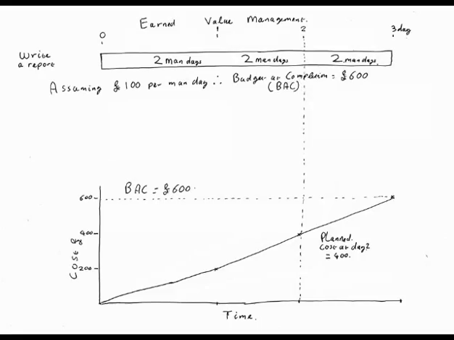How much will I have earned at the end of the project? I don't know what you mean by earned. Okay, what will be my planned cost at the end of the project? £600. Good. That's your budget at completion, so the same thing. At the end of the work package, the budget at completion is the same as your planned cost. And your budget never changes unless there's an agreed change request.